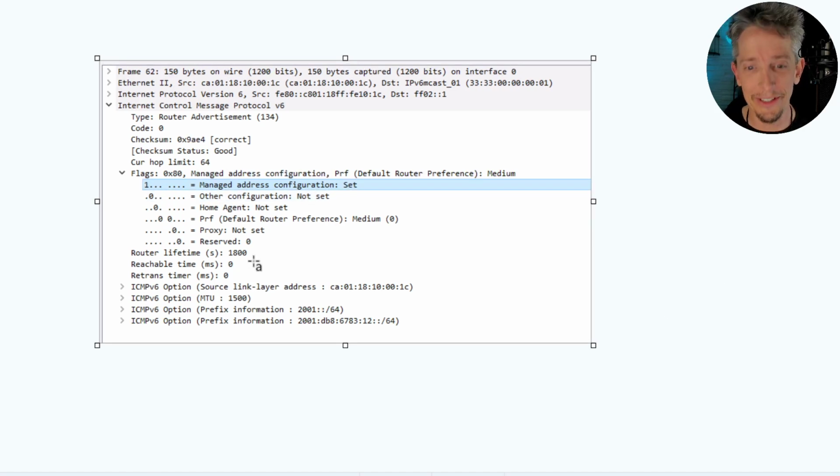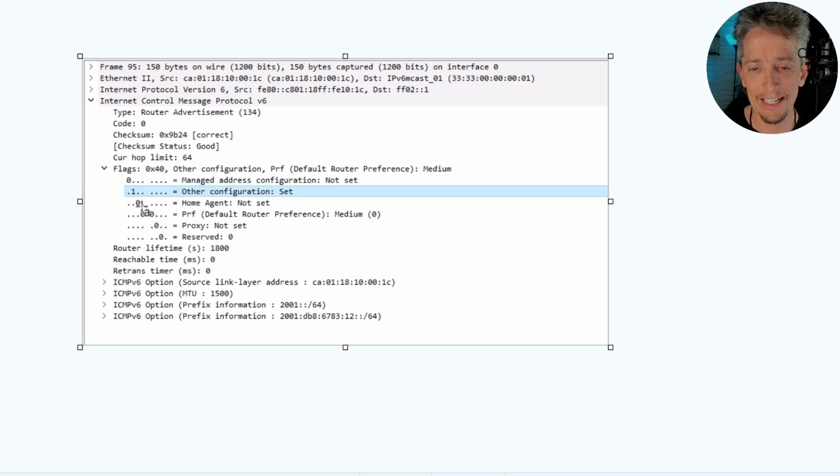Here we go. Here's another one where I have the M bit set to a 1, which means hey client, you see this router advertisement? I know the network's here, but what I want you to do is go ahead and get your IP address assignment from a DHCP server, which would be stateful DHCP for IPv6. And then I have one more, and that has the M bit not set, which tells the client, get your own IP address, figure it out from the network prefix I'm giving you in this RA, and the 1 in the bit set for other says, go ahead and contact a DHCP server, and we'd have to supply what that DHCP server is, to go ahead and